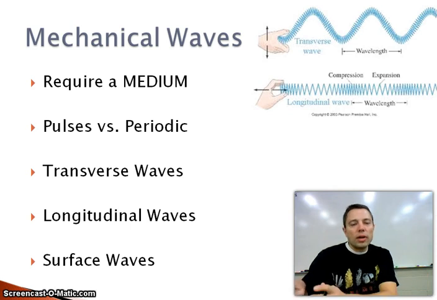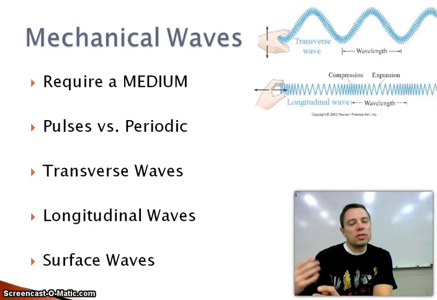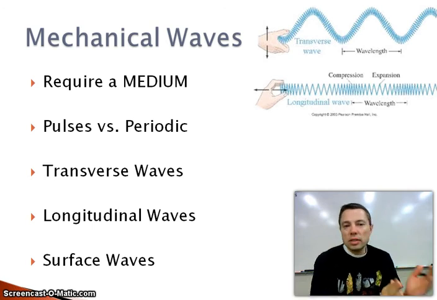Electromagnetic waves are things like light and infrared and microwave and X-rays. And you probably spent some time talking about them in a chemistry class. So we looked at electromagnetic waves in a chemistry sense when we were talking about electrons and emitting photons and all that good stuff. Mechanical waves are a different category of wave. The big difference here is that they require a medium,